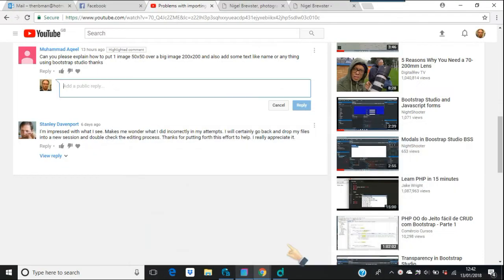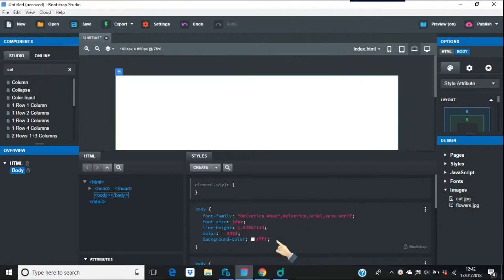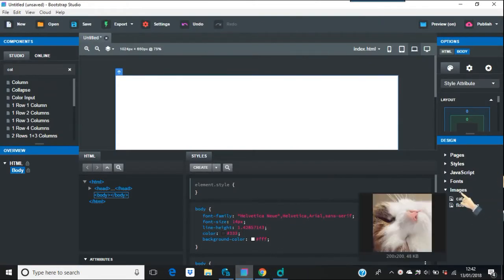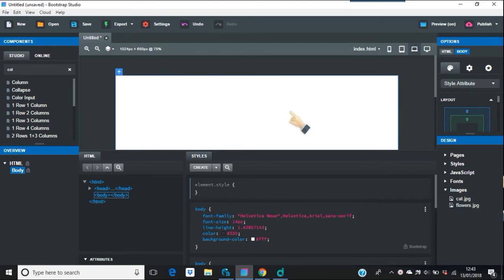Okay, so I've got two images here on the right hand side. The cat one is 200 by 200, flowers 50 by 50, a very small image. This could have a million parameters and everything like that. When you do this type of thing, you've got to know whereabouts you are on the web page. But just for a demonstration,